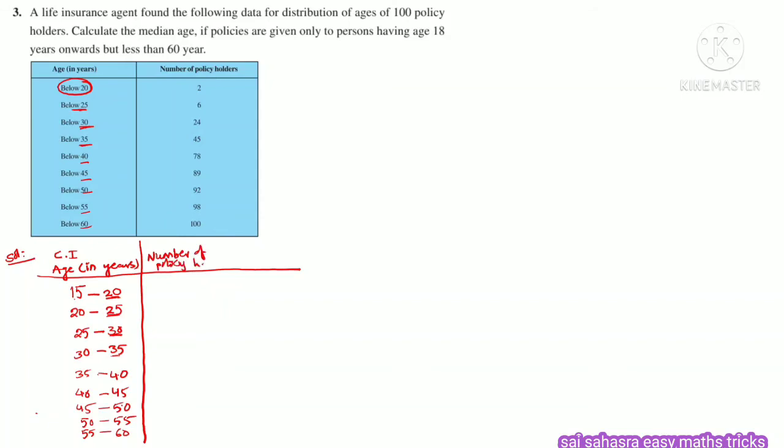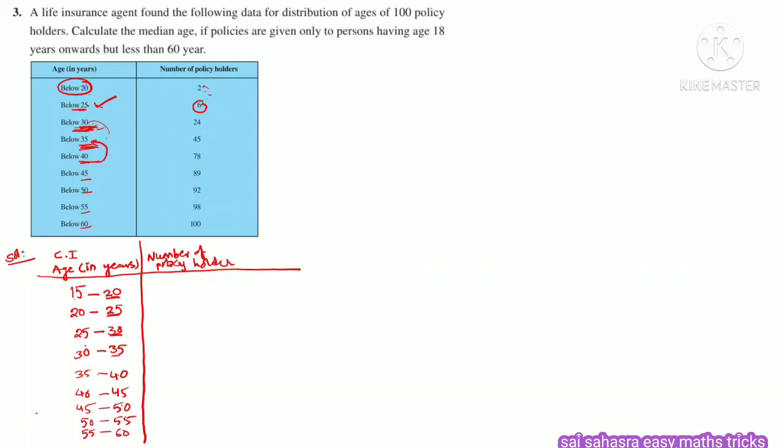policy holders. Be very careful, we should not write these values. Actually, below 25, 6 people are there. Below 25 means in this 6, these two people are also there. Below 30 means the below 25 people will come too, and in that below 25 anyway 20 people are there, so when you are taking below 25, that is enough. So in below 30, below 25 will be there, in below 35, below 30 will be there, in below 40, below 45 will be there.